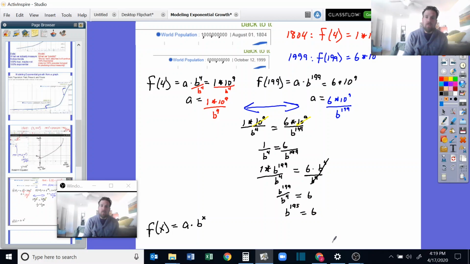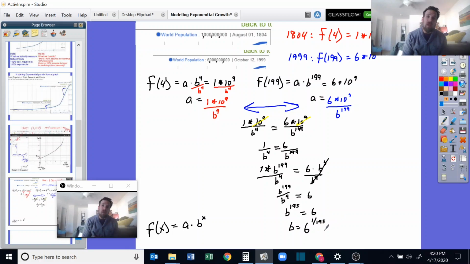equals 6. Okay, well now we have to use one of the last things that I taught you before we went on spring break, which is if I want to solve this, I can raise both sides of this equation to the reciprocal of this exponent. In other words, 1 over 195. So that's going to get this b by itself. And I've got 6 to the 1 over